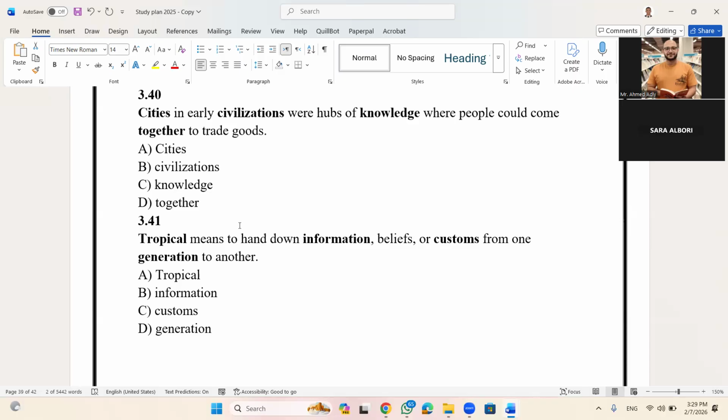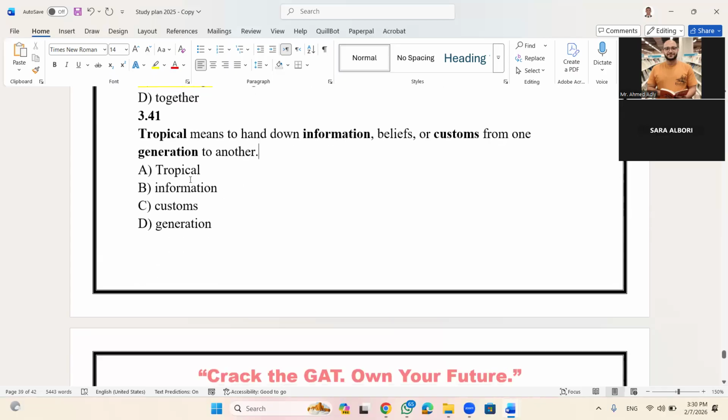Knowledge. So we don't say knowledge. They were hubs of trade, hubs of commerce, tijara. So you use the word trade or commerce. They were centers of trading. Like people in Dubai are proud that Dubai is a center of trade, a trading center. Next,